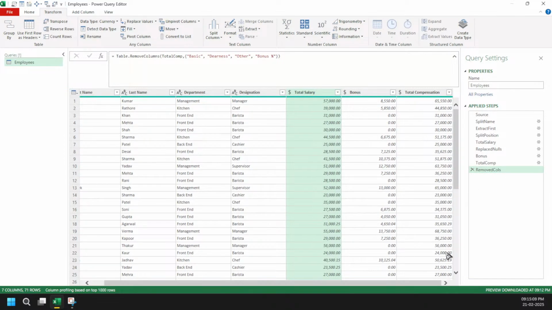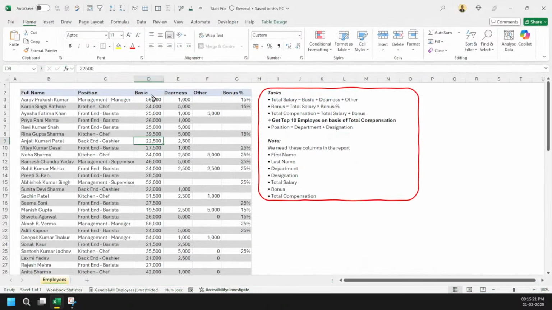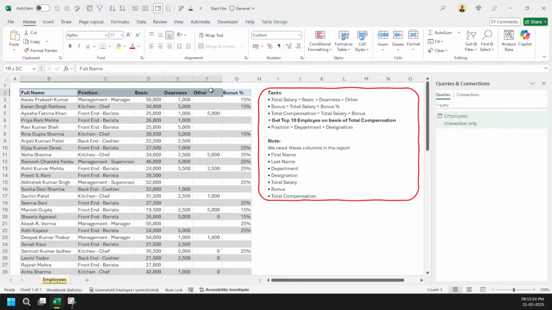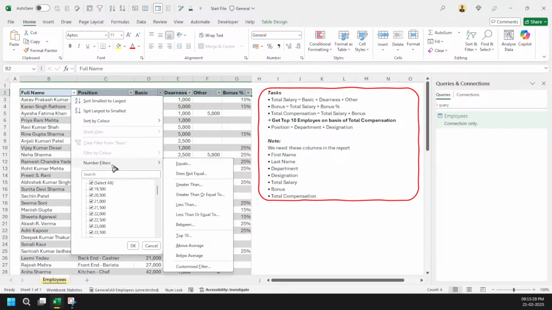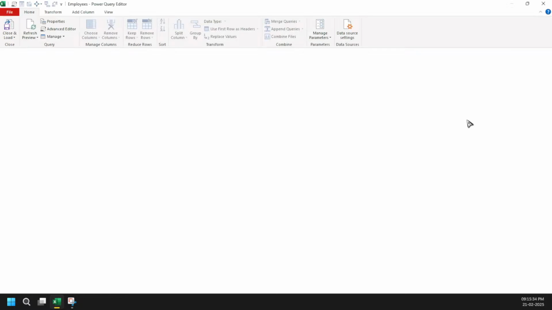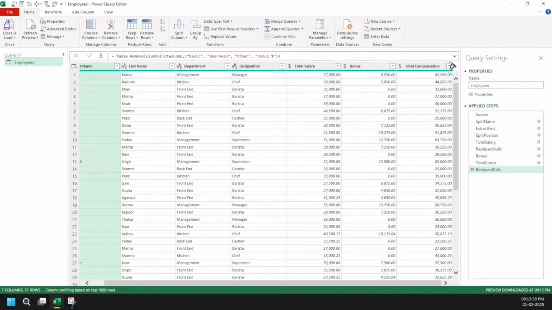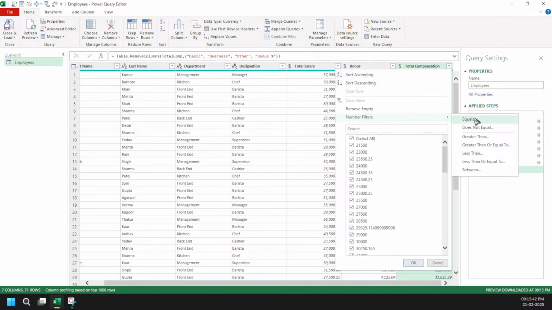And finally, because I need the top 10 rows, sadly, here there is no option, right? In Excel, we always get the option like this. Let me keep it for the time being. And here, if I go and do the filter thing, you can see I always get the option top 10 values. But if you go in Power Query, there is no direct method. So what to do here? Let me come here and let's see. If I go here, you can see number filters and there is nothing here.